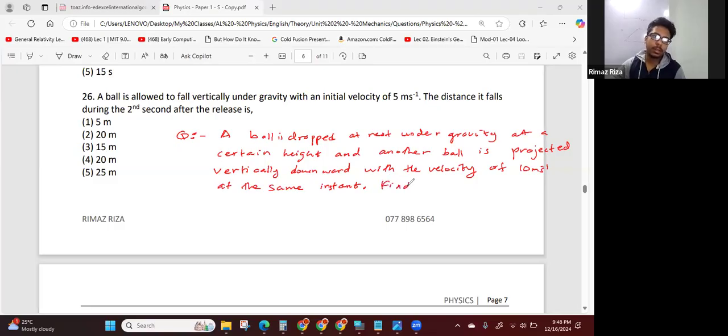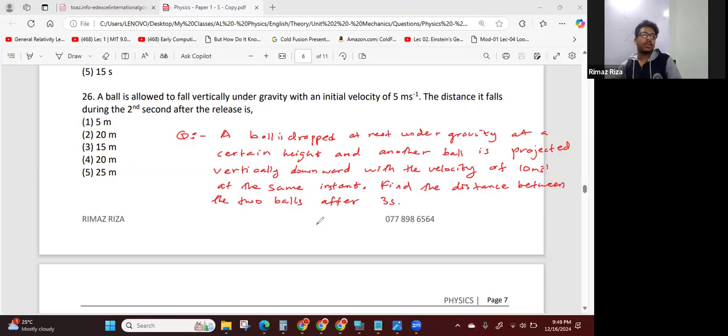Find the distance between the two balls after 3 seconds. Okay. To this question,